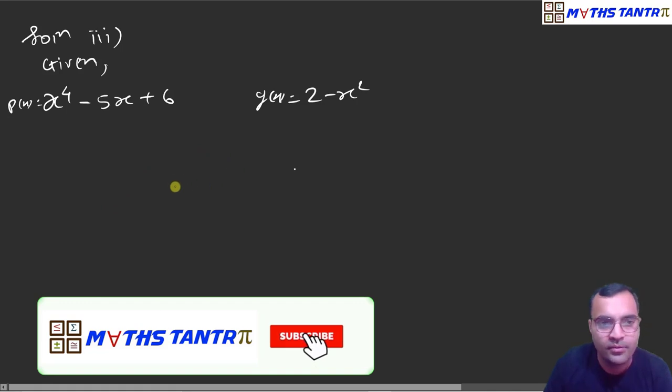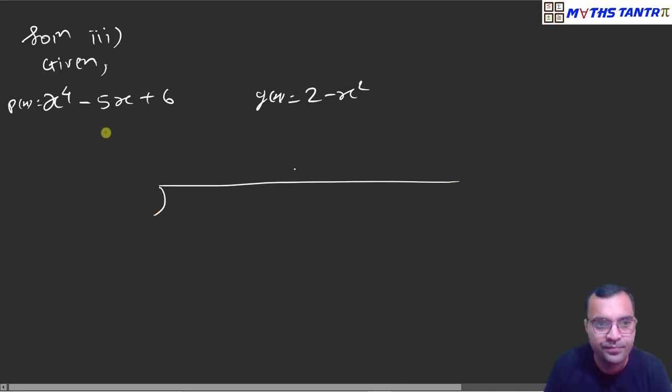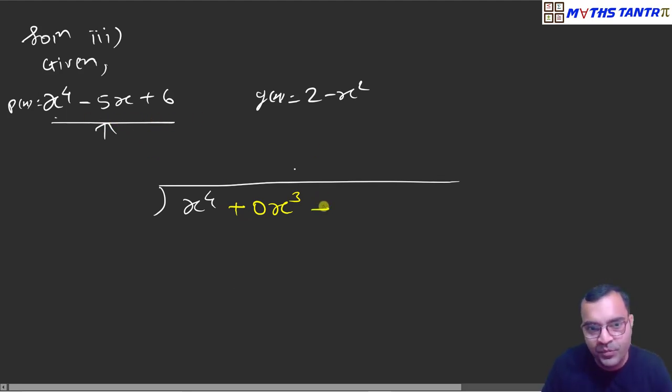Okay. Now arrange it here. Highest power x to the 4. Then x cube should be there, but here x cube is not there. That's why what we should do, use 0x cube, right? Now after x cube, x square should be there, but x square is also not there. So we should use 0x square. Now after x square, x should be there, so x is there. So we'll write it down. After x, the constant should be there, so the constant is there. Getting it? So we have arranged our dividend in descending powers of the variable.